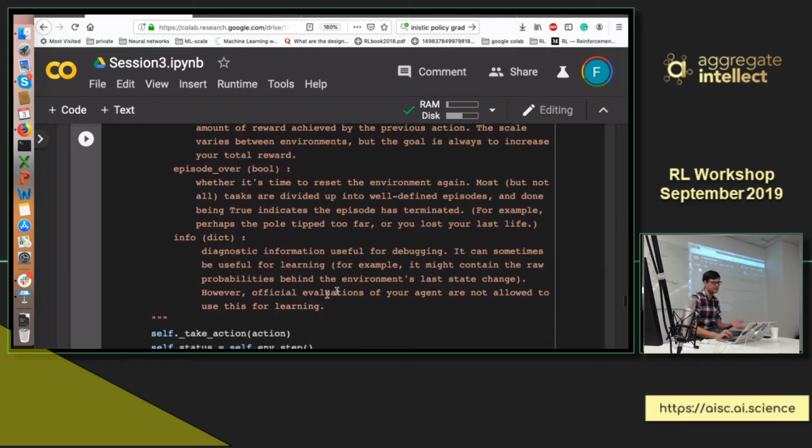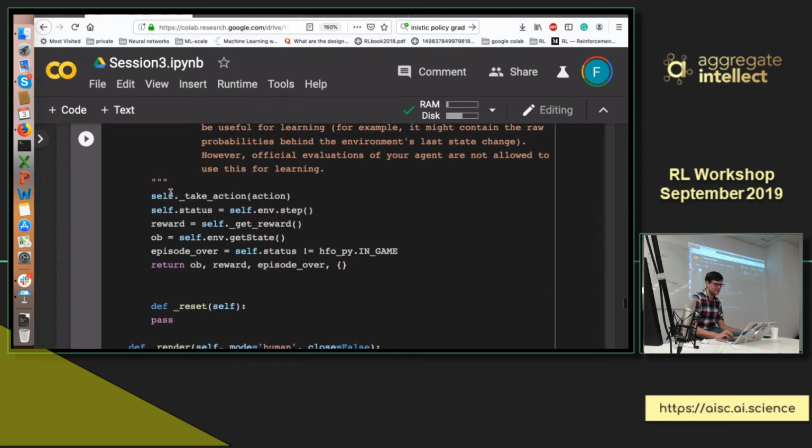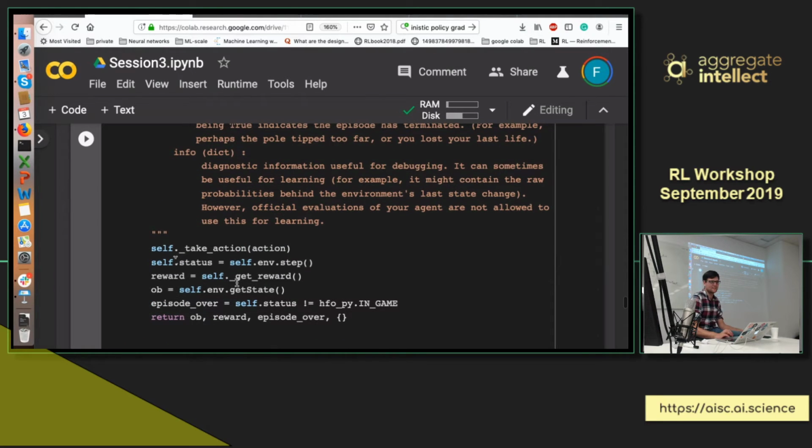And this becomes something you can use for debugging or diagnostics or what have you. And you say, okay, this is kind of a fixed thing. You take an action, self.take_action, and then say, okay, my environment takes a step, so you get to the next environment. And then you get your reward. Step just does a step in the environment, and then you get your next status, the internal status of your environment, and you just update it. And then every environment has get_state, a function that just returns your current state given an environment. And then, okay, if the episode is over, you have some kind of info like